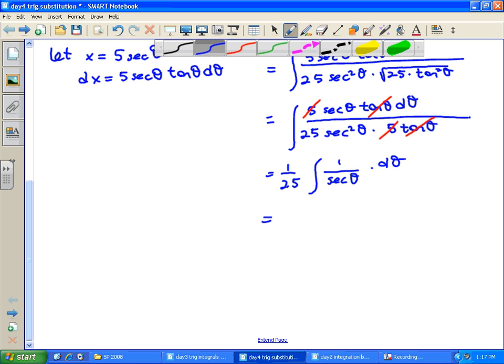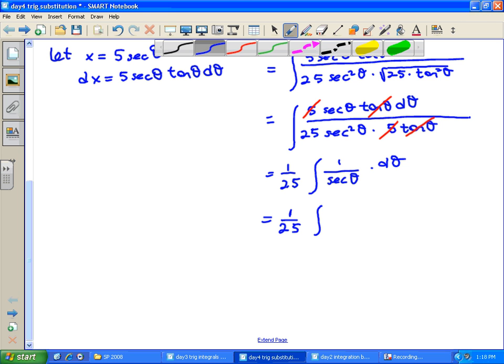Okay, so now we're going to use things we learned from the last section. So 1 over secant theta doesn't look like anything we've seen before, but can we simplify that? What is 1 over secant theta? 1 over cosine. I heard one suggestion. I heard it's cosine. Would everybody agree with that? Because what is secant in the first place? Secant is